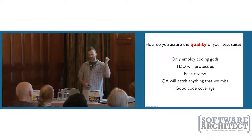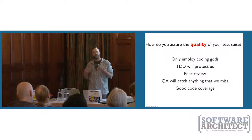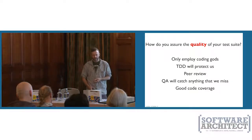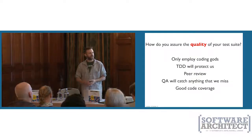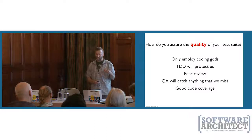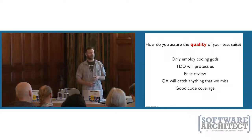Peer review, as was mentioned by the audience, and pair programming both work together to help keep the quality good, because you've got at least another pair of eyes looking at it before it gets committed. This is one that is very common, which is QA is going to catch any problems. Now, that's obviously not keeping your test suite high quality, but at least it's trying to stop defects from escaping into the